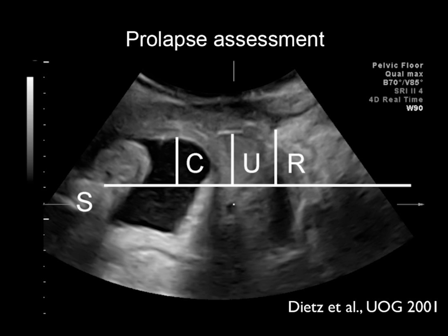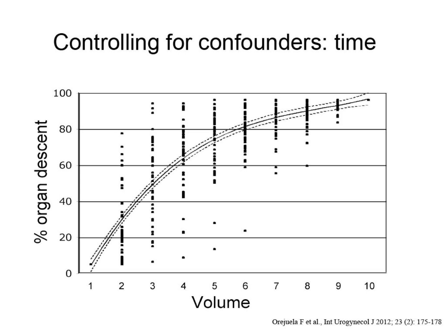Now, when we do prolapse assessment by ultrasound, the main issue really is to control for confounders, to get a proper push. And the first issue there is time. This study was done by Francisco Orejuela from Houston a few years ago, and when it says volume down here, that's almost seconds. It's 0.8 or 0.9 of a second, so for practical purposes, see that as seconds down here. And I think it is immediately apparent that it takes 4, 5, 6 seconds to reach 80% of final organ